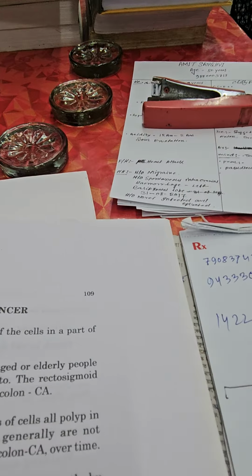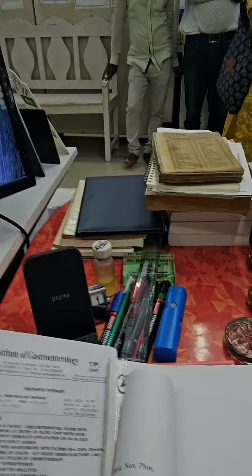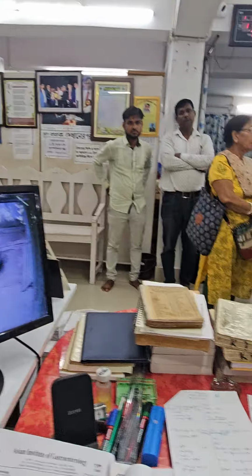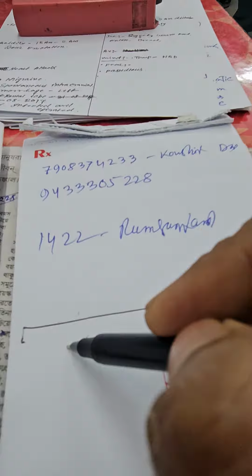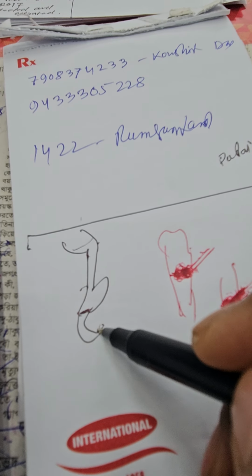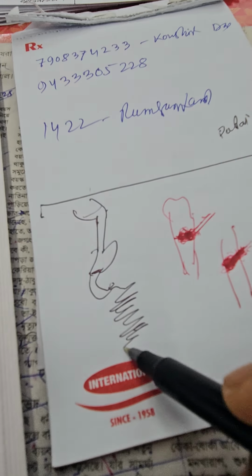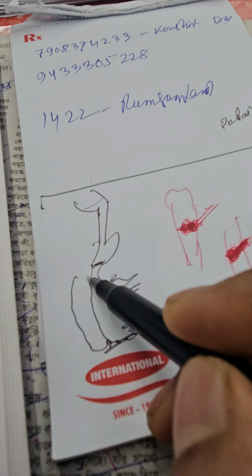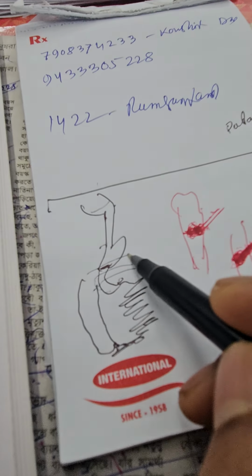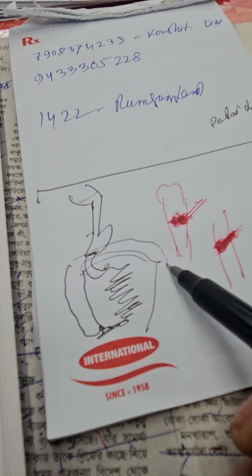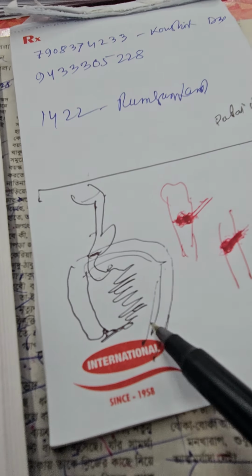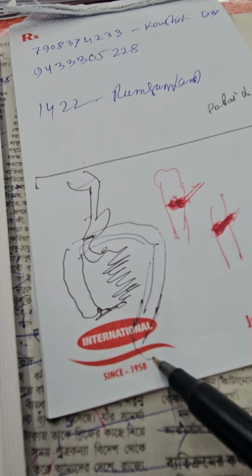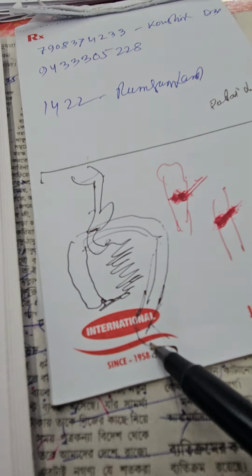Well, my friends, this is a case I do like to demonstrate about colon cancer. You know, this is the mouth cavity, this is the esophagus, this is the stomach, and this is the duodenum. Just below the stomach begins the duodenum, then the jejunum and ileum, and when it ascends, it's known as the ascending colon. When it transverses, it is known as the transverse colon. When it further descends, it is the descending colon, the pelvic colon, the lowermost part, and the rectum and anal canal.